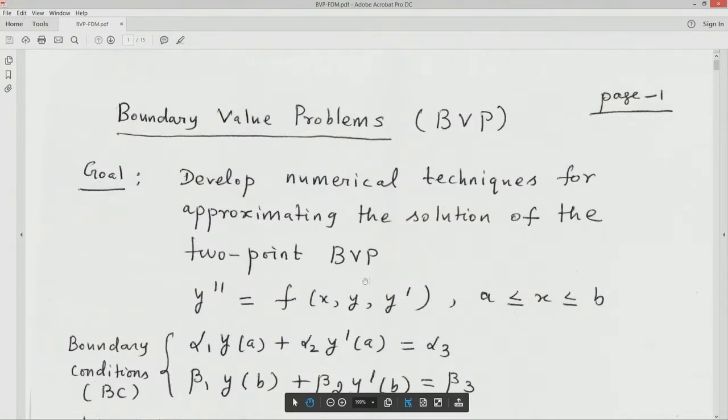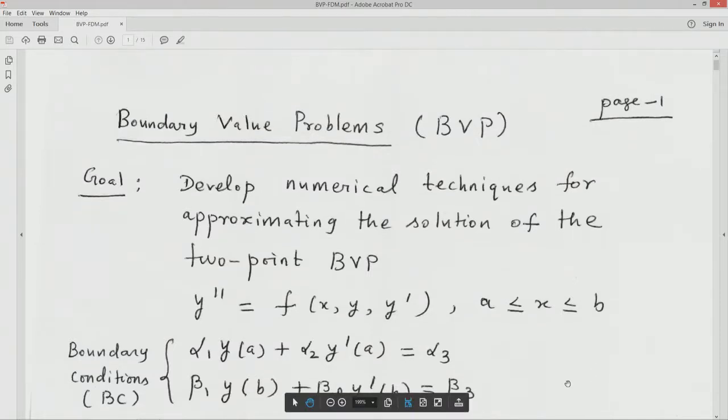They are in general written in the form y double prime equal to f of x, y, y prime. Here y is the unknown function, it is a function of x, prime denotes derivative with respect to x, and here f is an arbitrary function of 3 of its arguments x, y and y prime. This differential equation is defined in the interval a b, which is a closed interval, and y also satisfies the